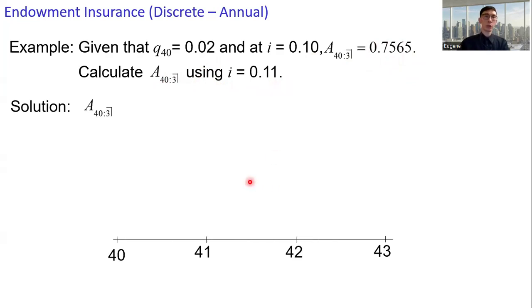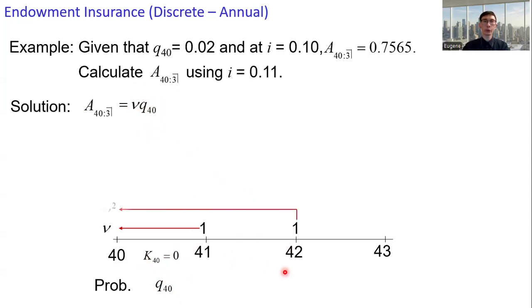All right, so the person currently at age 40, if the person dies before reaching age 41, the probability is q_40. And so we have the first term, v times q_40. And then plus the second term, the person dies within the year before reaching age 42, K_40 equals 1, with probability p_40 times q_41. So the second term will be v squared times p_40 times q_41.